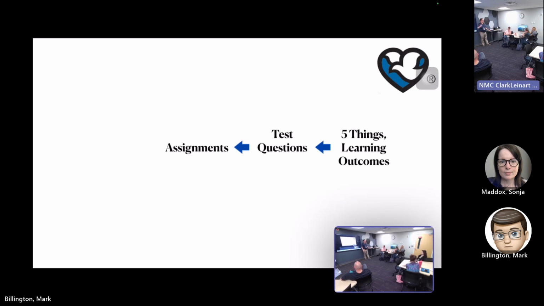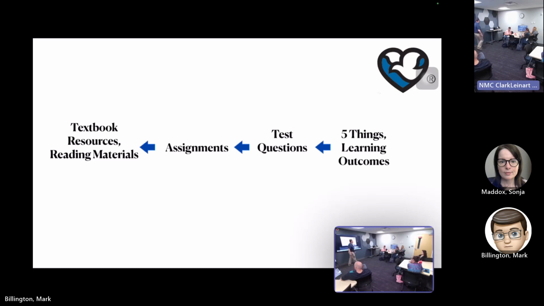If I'm doing a whole bunch of assignments that aren't showing up in the test, probably not relevant. I'm doing busy work this week. And then finally, textbook resources and reading material. So a lot of people will start with, okay, here's the textbook, what's in the textbook, and they work this way. If you start here, how do you know whether the things they're covering in the textbook are relevant or not?